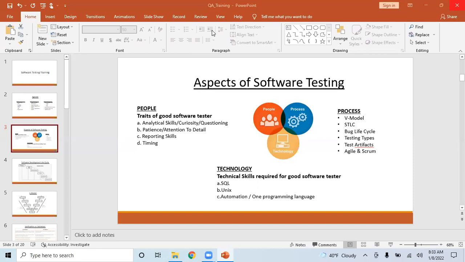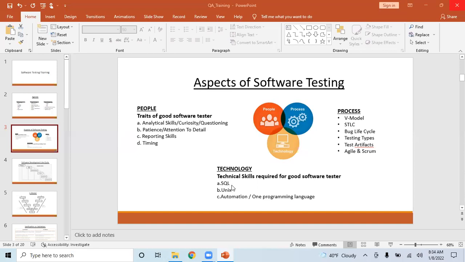Yeah, definitely. I will share some notes and tools on how to do SQL testing. You need not even install SQL on your machine. There are some online tools where you can open a browser and have a virtual SQL and work on that. Same with Unix. I will give you some tips and techniques on how easily you can get started on SQL, Unix, and automation. Automation we are covering in depth in our course, but for SQL and Unix I will give you some tips, and I will guide you on how to learn.